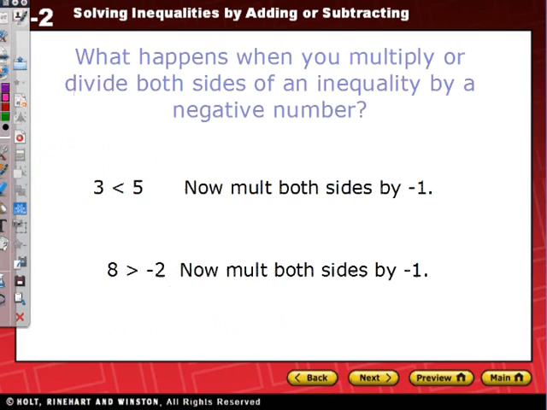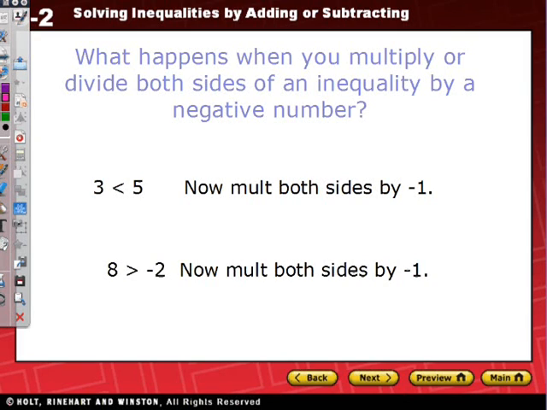Okay. Now we get to the only tricky part of this lesson, and I know most of you learned this last year, but it is one of those things to repeat because it is so easy to forget this little detail, okay, that makes a big difference. So what happens when we multiply or divide both sides of an inequality by a negative number? So we're going to go ahead and take that inequality that you've got here, 3 is less than 5, and on your paper write that down somewhere down there at the bottom,